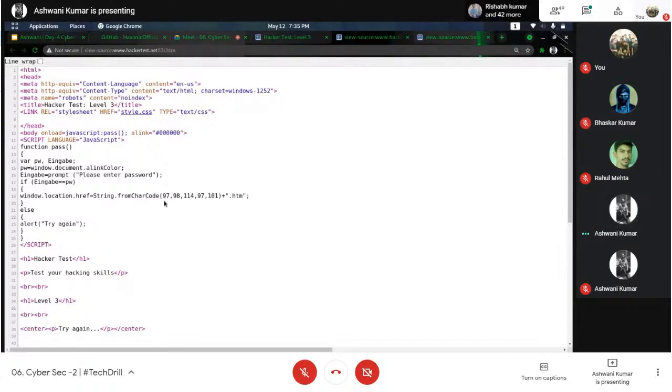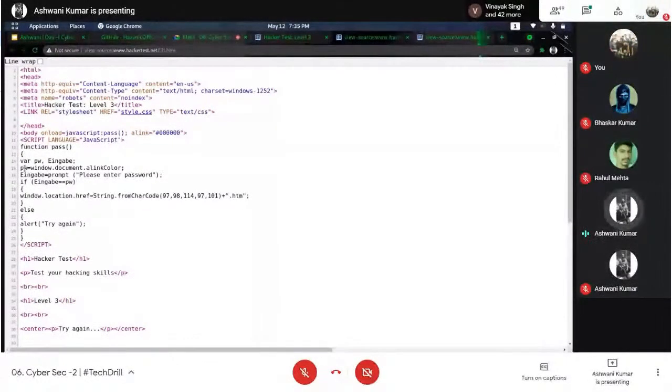Suppose it asks to please enter the password, which we have already done in the previous section. In this, it is checking what has been stored in this PW. So the next thing is what has been assigned to the PW variable.